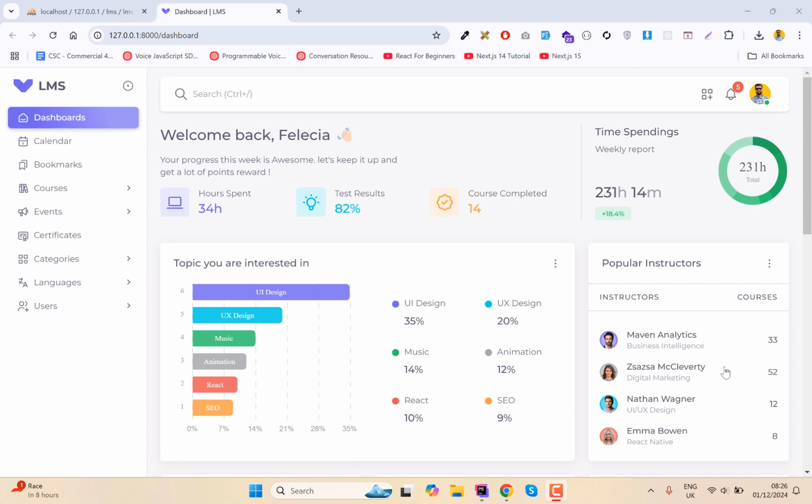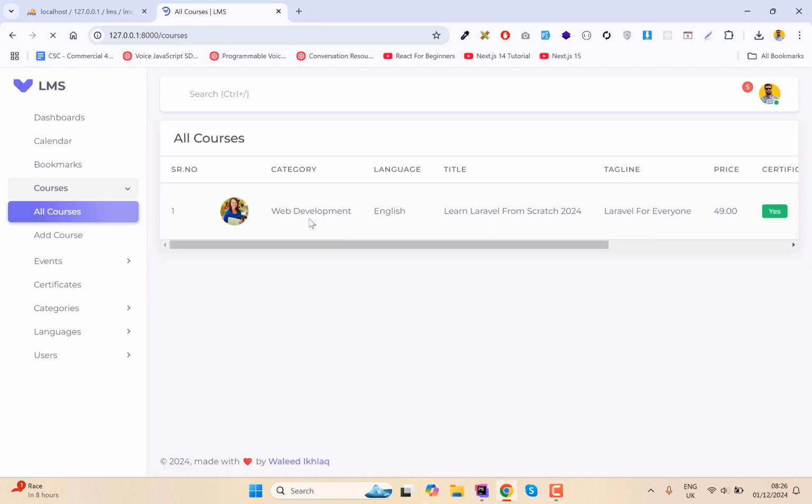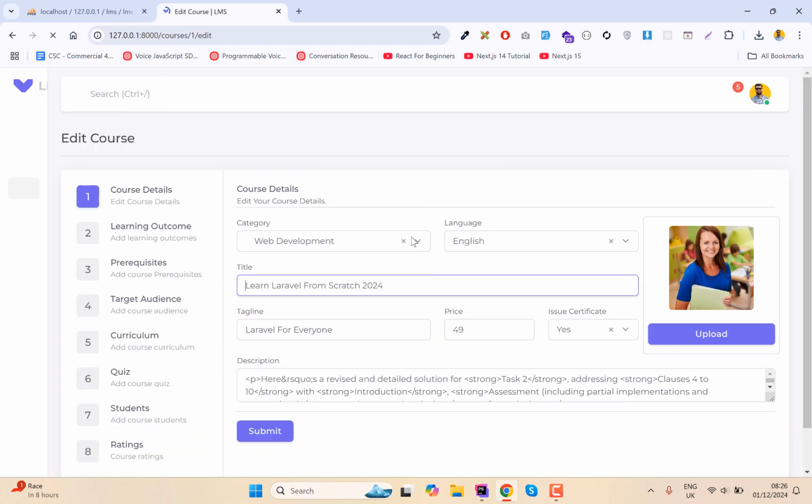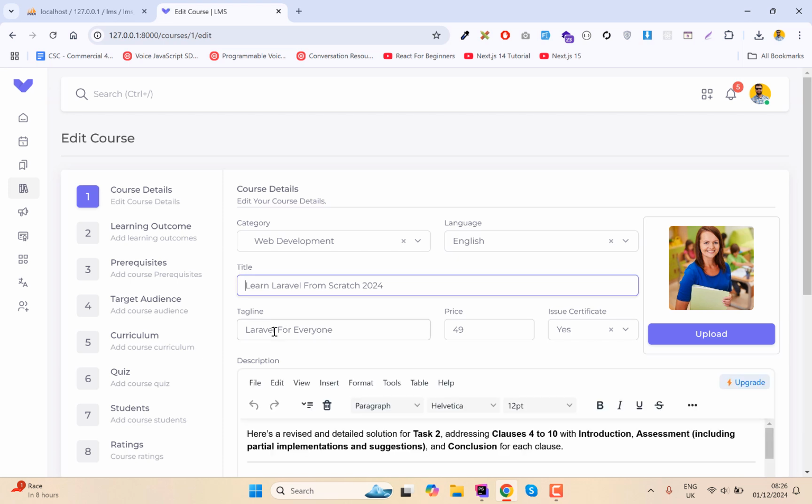Alright everyone, welcome back. In this lecture, I am going to show you how we can use nested resources. For instance, let's go to our courses section, and in all courses, if I go to edit, I have now basically set up this